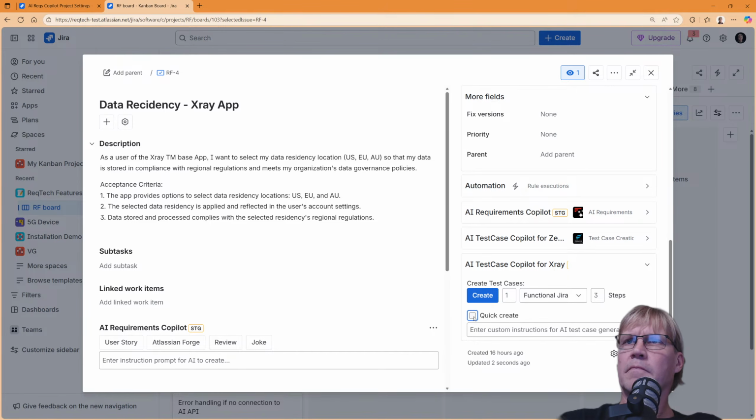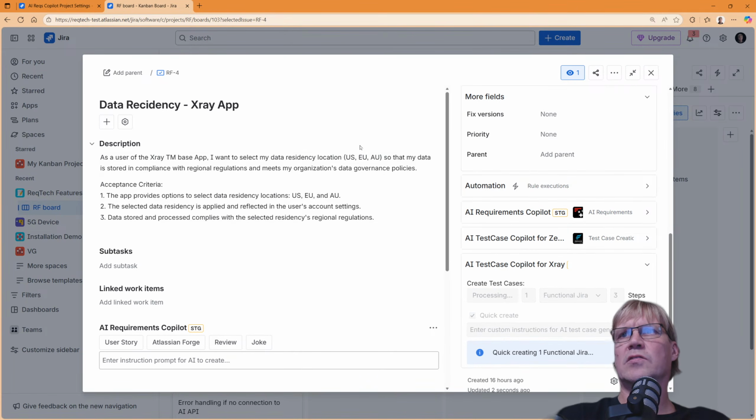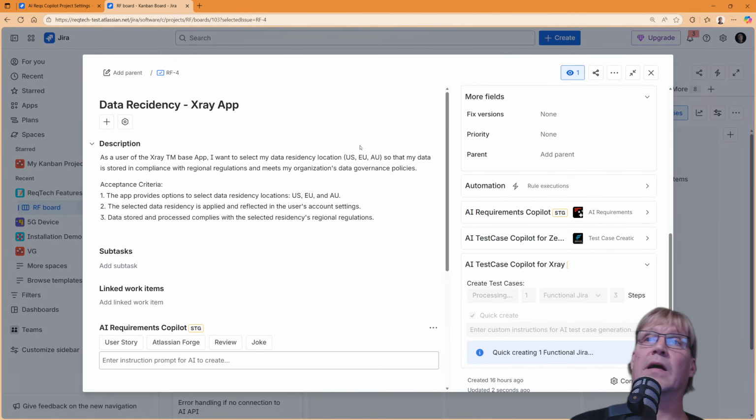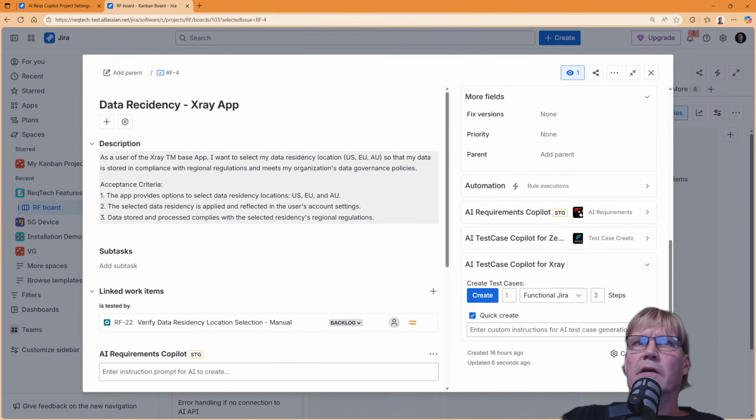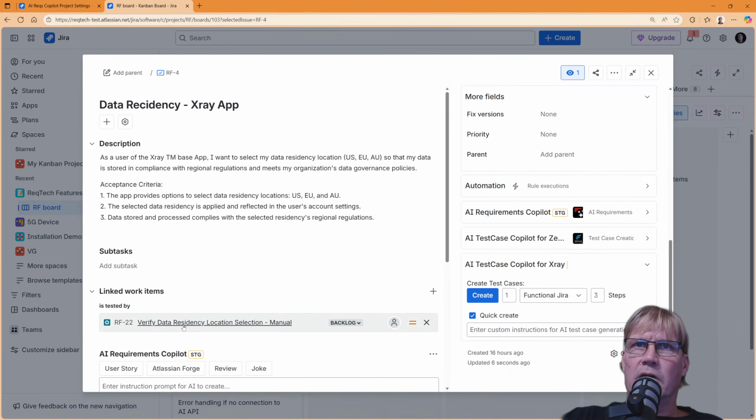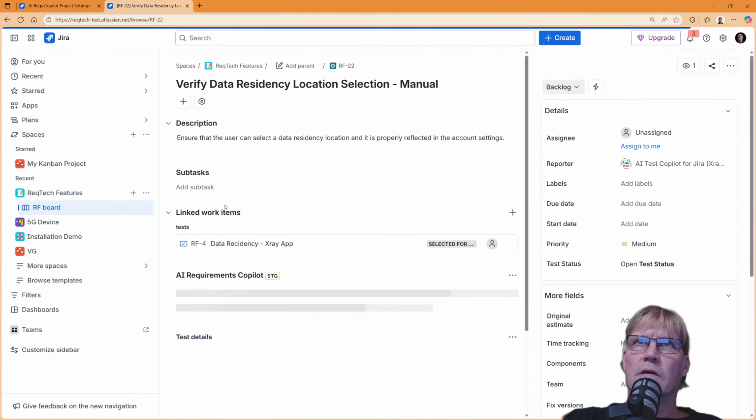And now if we are relying on this so much that, okay, it does the job, we have everything correct, let's quick create the test cases. So it doesn't even open the dialog for review and edit, but just pushes the test case to Xray right when it's done. And wait a little bit, then we get the link here. And boom,